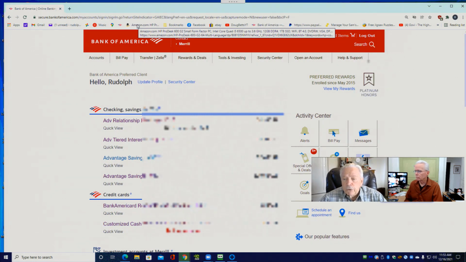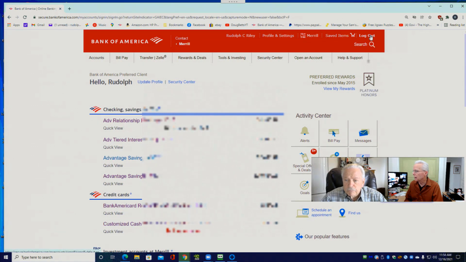Okay. But do we need to log out of B of A? It's not necessary that we actually click to log out, because as we saw a little bit earlier, B of A automatically gives a timeout after a certain while. While we had the video paused, we got a window that popped up asking if we wanted to continue.